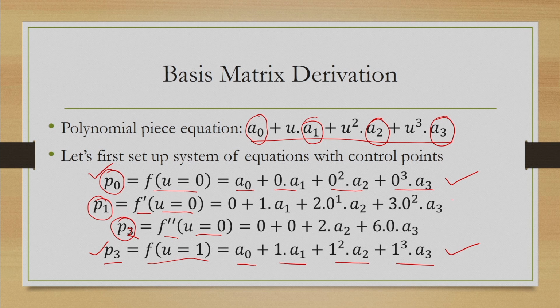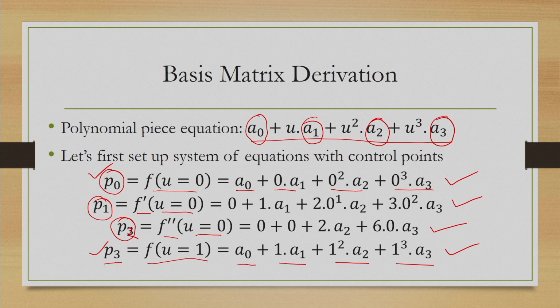We will get an equation something like this. You can try it yourself to first obtain the derivative and then replace the u values with 0. Now, we compute the derivative again to get the second order derivative at u equal to 0 corresponding to P2, and then replace u with 0 again and we get an equation something like this.